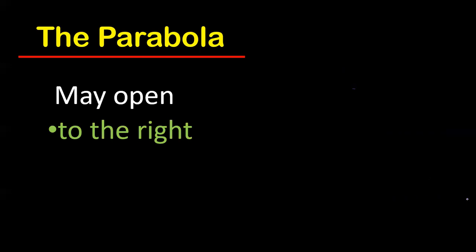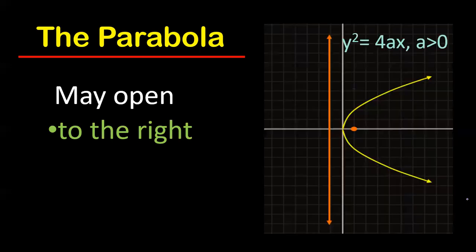To the right if your equation is in the form y squared is equal to 4ax and a should be greater than 0. So take note, this time y is the term being squared. And here the coefficient, the literal coefficient of 4a is no longer y but x. So here, if a is greater than 0 or a is positive, you're going to have a parabola that opens